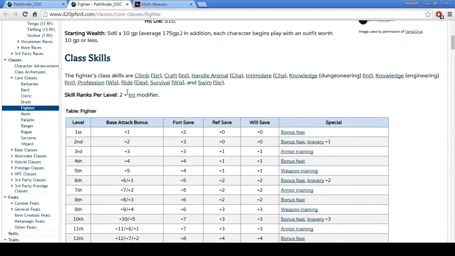And here I'm actually going to quickly point out in 3.5 Dungeons and Dragons, the first level you get, you're going to get 4 times what you get at any other level, which is a little bit confusing. I like that in Pathfinder they just simplified it, like every level you're going to get 2 + intelligence modifier, which if your intelligence modifier is like 2, you're going to get 4 skills every single level. Level 1, 4 skills. Level 2, 4 skills, and so